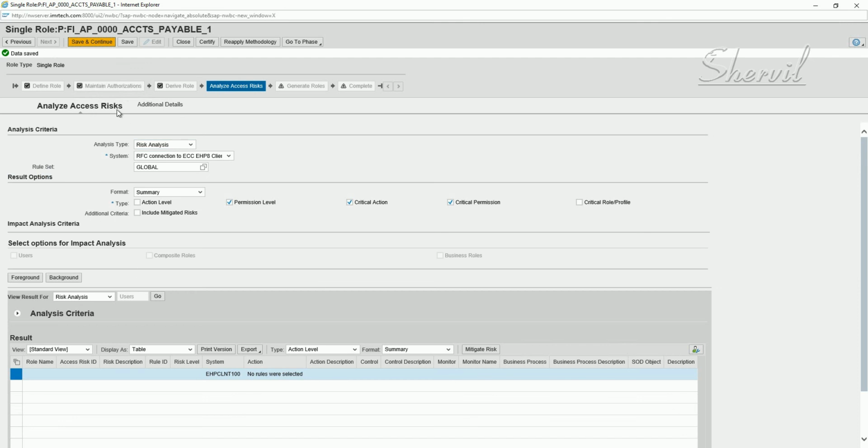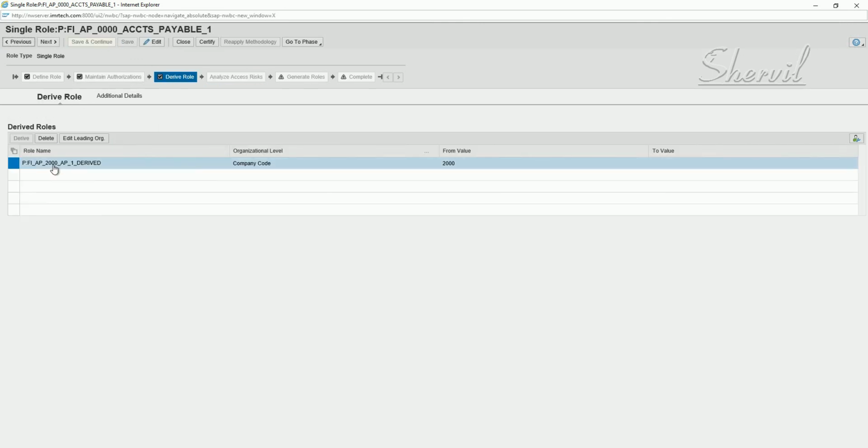Now if you want to go back once, right? If you want to create another derived role, you have to go through the process one more time.